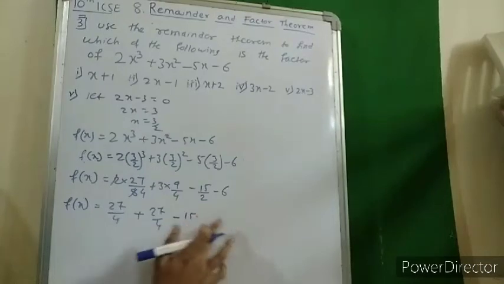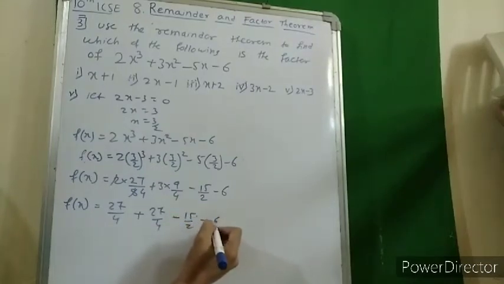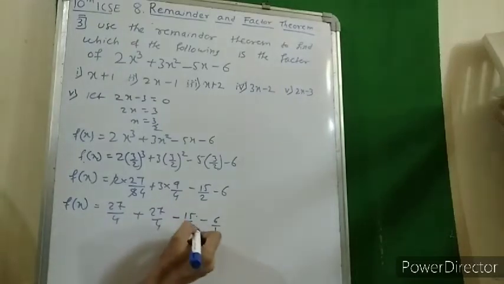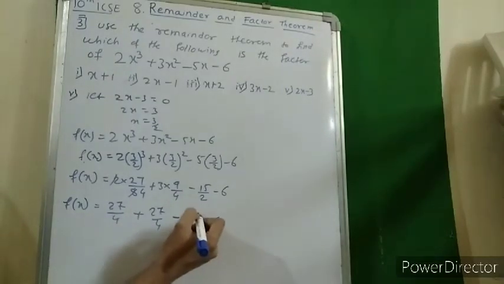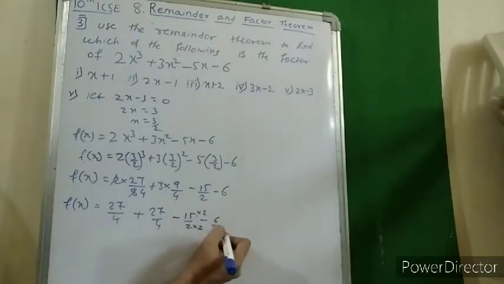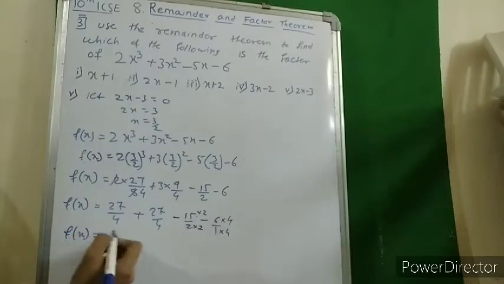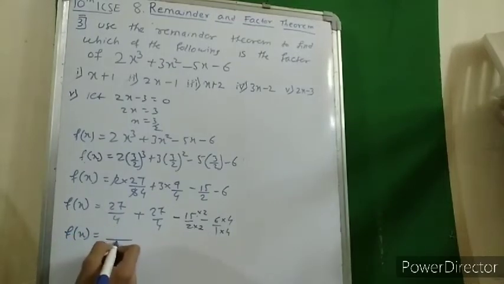I'll do one thing. It is 2 minus 6 upon 1. Okay, so I will make all the denominators equal. That is, I will multiply by 2, so I will get 4 over here. I will multiply by 4 and I will get 4 in the denominator. So the function of x is equal to 4 4. I can write it at one time. I will do one thing. All the denominators are going to be 4.